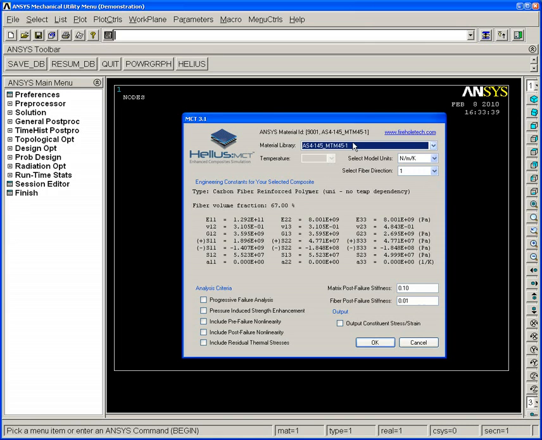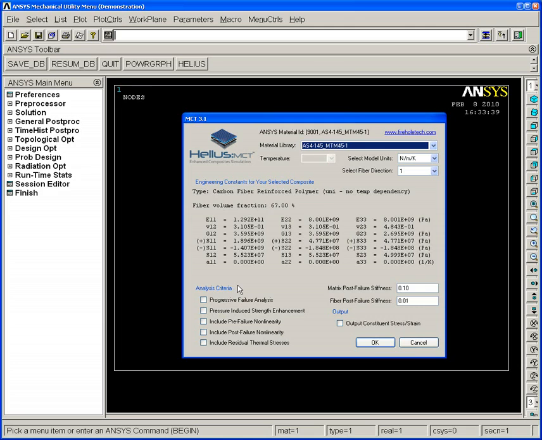Once inside ANSYS, though, you pick the material that has either been pre-stored or you have created previously, and the GUI is used to tailor that individual material to your analysis needs. Some of those options include selecting what unit system your model is created in, selecting which Cartesian coordinate direction your fiber direction is oriented in, looking over a brief summary of the material properties either defined in Helius Material Manager or predefined in the material library. And then also you have at the bottom a grouping of analysis criteria that allow you to modify your